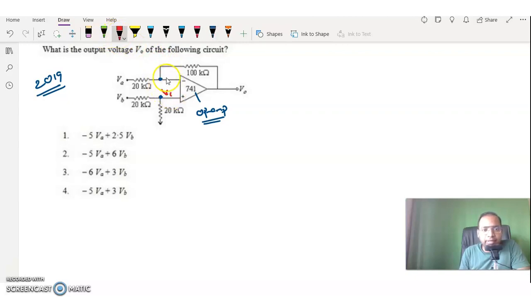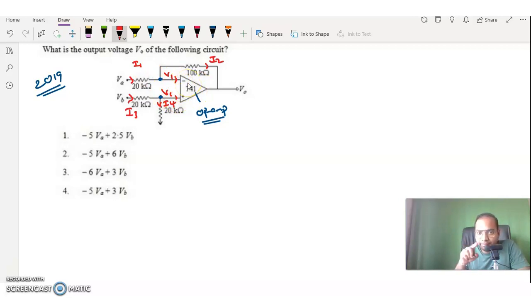Let's take both these two terminals, the V1 potential is there. Now let's take some amount of current coming here, I1, and the feedback resistor current I2. In this resistance let's take I3, and in this resistance let's take I4. So these are the different currents, and whatever the current flowing through this branch and this branch, that means